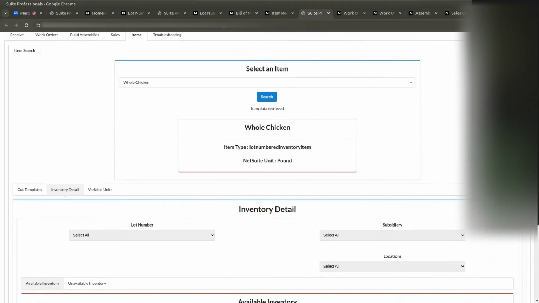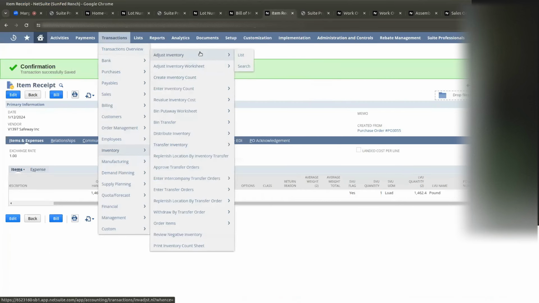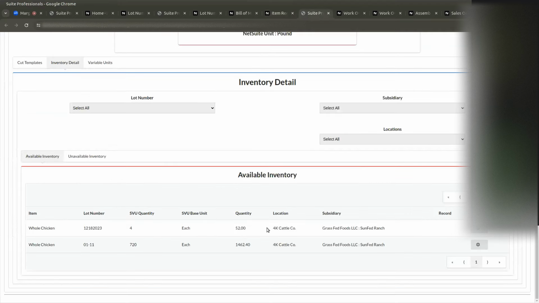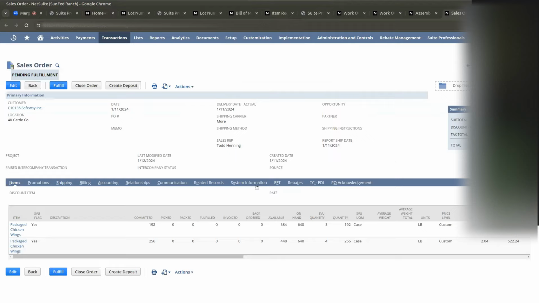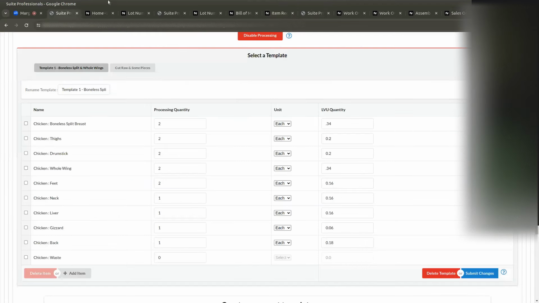That's really the primary use of our client application. And you can also use inventory adjustments to put catch weight inventory in and out. So if you wanted to fulfill any of this inventory, adjust it out, you can do that directly from a transaction in NetSuite. So I'll jump over to outbound now too, just to show what that process looks like on the outbound. I'll also show another